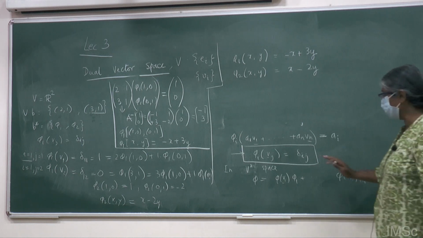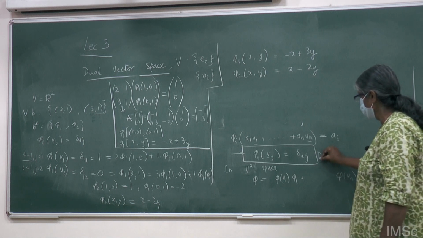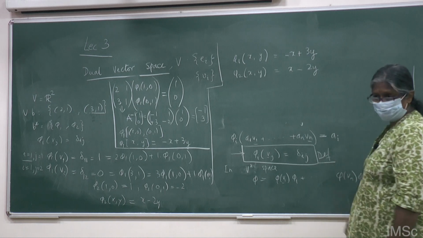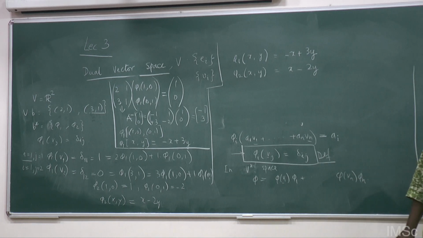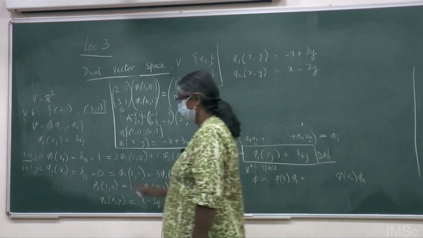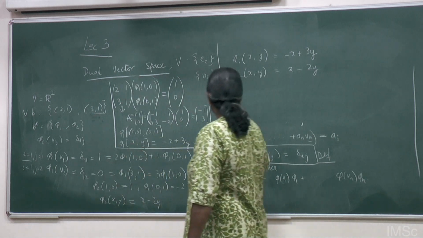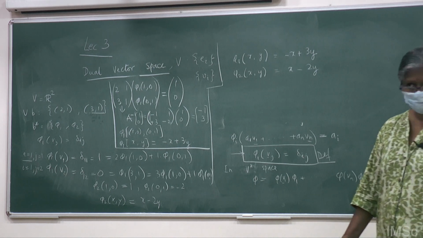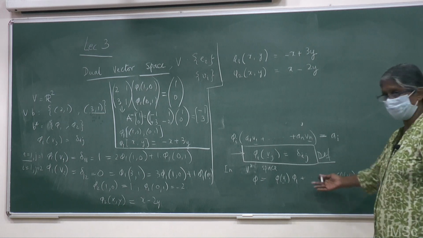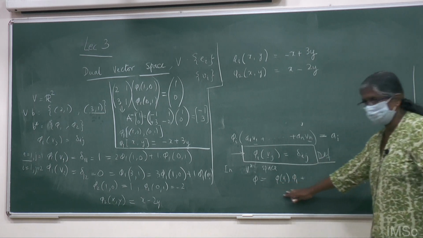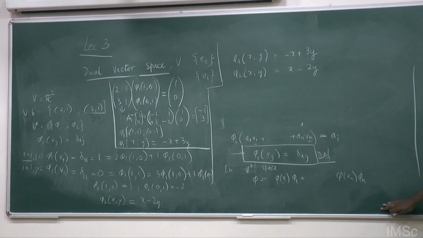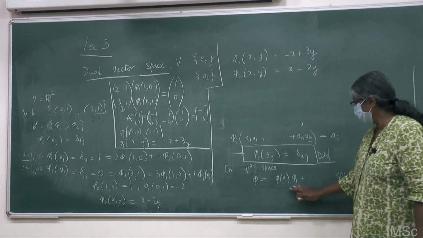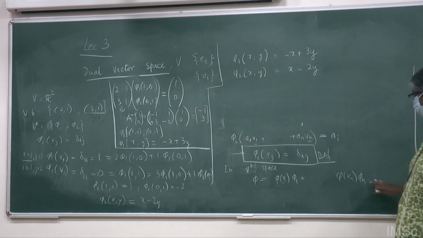So simply by using the definition over here, which I have written over here, right? Definition of a dual basis. I have used the original basis of V to compute the elements of the phi 1 and phi 2. Now what is the statement? In this new dual vector space V star, which is spanned by phi 1 and phi 2, any arbitrary vector, this is the question that all of you had, any vector phi can be written as phi V1 of phi 1 plus phi V2 of phi 2, etc., plus phi Vn of phi n.